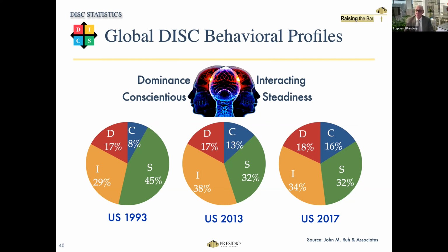So most likely, 1 in 3 people that you're working with are going to be a full-on I, or most likely going to have I characteristics. Okay, very good. And it's interesting that they've taken the room from the S's, from the steady folk, and they're not taking anything from the D's. The D's are more or less the same, and there's only a 1% difference there. So it seems like there's around the same amount of D's as there were to start off when these records were created in the first place.